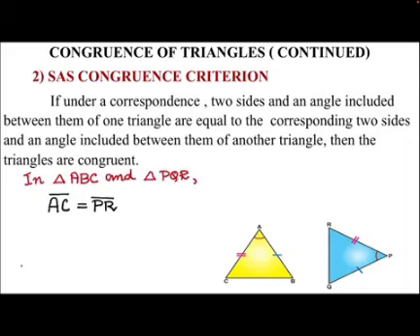AC is congruent to PR. Congruent also means the same. What does it mean? It means that their lengths are equal. Which is that side? That is AC. It's here. AC is the side and we are matching it with not RP but PR. You might say, what is the difference? Both are same. No. Here we are talking about the corresponding parts. So AC corresponds to PR. Check in this. AC corresponds to PR.